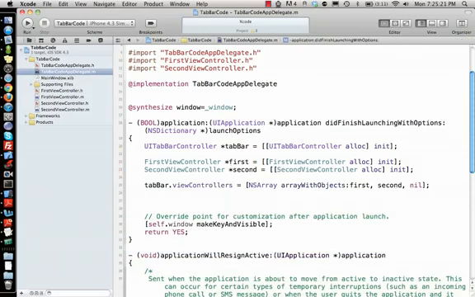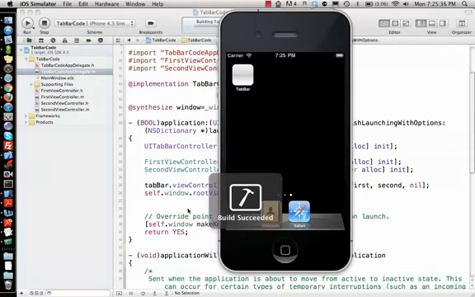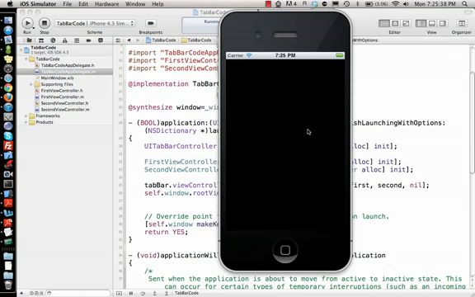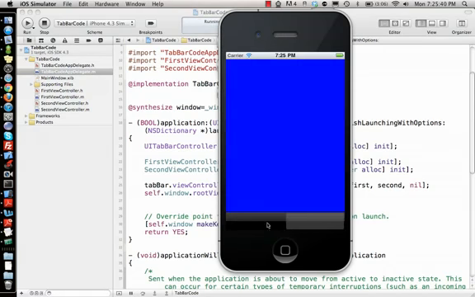So we give the two controllers, and then lastly we just need to add this tab bar to the window by saying window.rootViewController equal to tabBar. So once I do that, if I run it, it opens up a window with two tabs, but if you see, there's no name to the